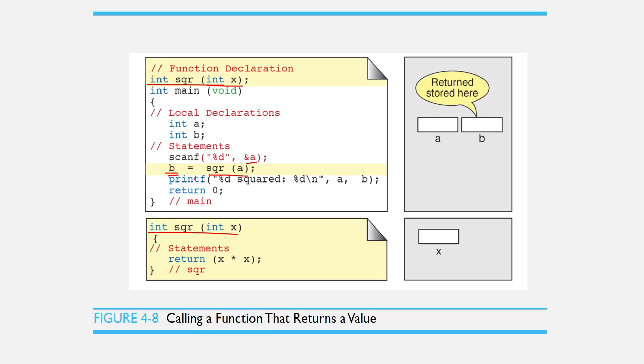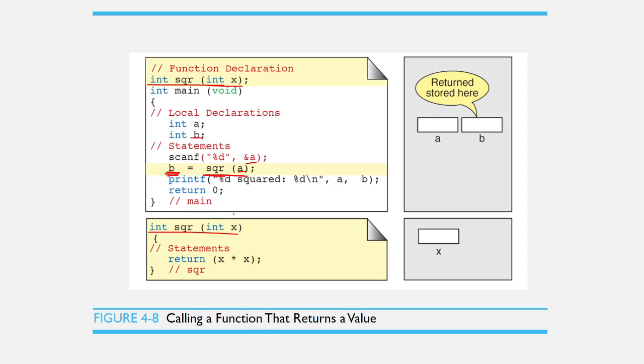Next is, since you have the function call here, the value being entered by the user will be passed here, and the interpreter will go and look for the function definition having the same signature as this function call: the square function name, an integer formal parameter, okay, and it will return a value that is of type integer since b is of an integer type.